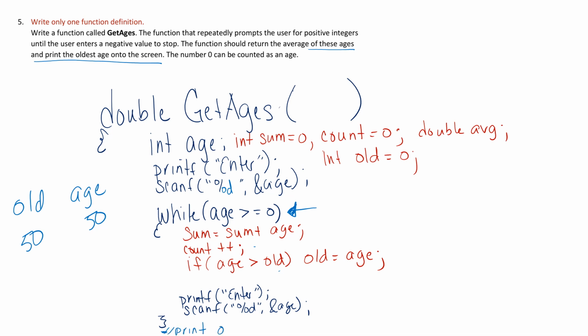So you're going to print old, and then you're going to calculate the average, which would be average equals sum divided by count, and then you're going to return the average. And then you're going to have your ending curly brace. All right, so here the print old part, obviously you need to use a printf for that. I ran out of space, but take a look at the sample solution, and in the sample solution I printed everything that needed to be printed. All right, let's go